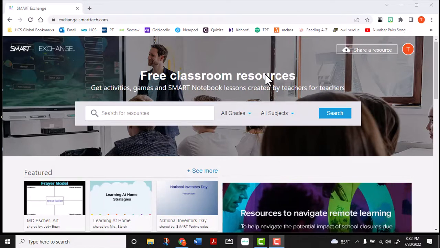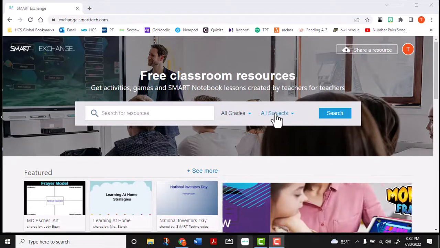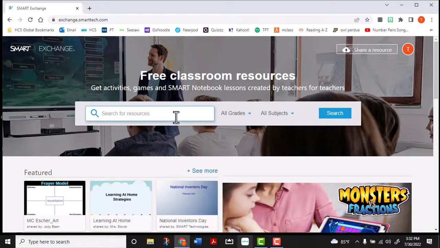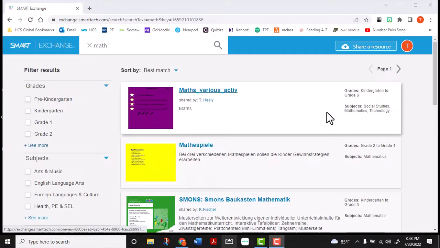On the home page, you can select to search by typing in what you're looking for, or you can choose the grade you want to look for, or by the subject. Let's say I want to look for a math activity. I type in math and hit search. A list of various math activities are going to show up,